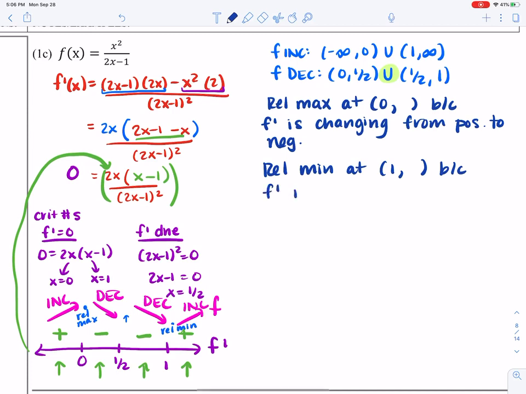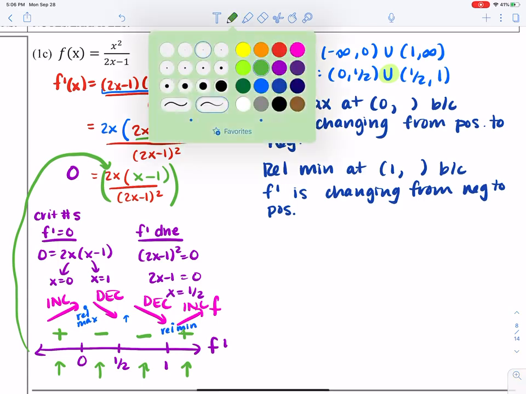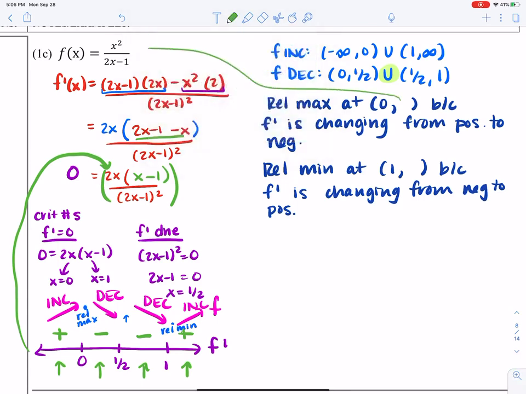I have a relative min at 1 and some y value because f prime is changing from negative to positive. So let's find what those y values are, and I can do that by plugging into